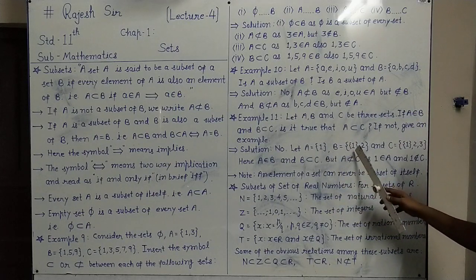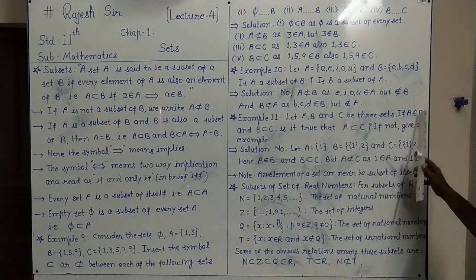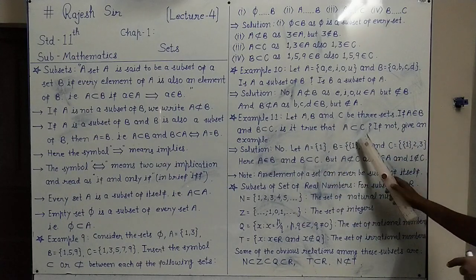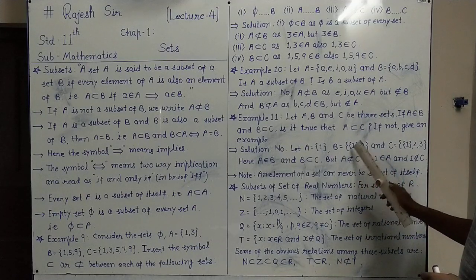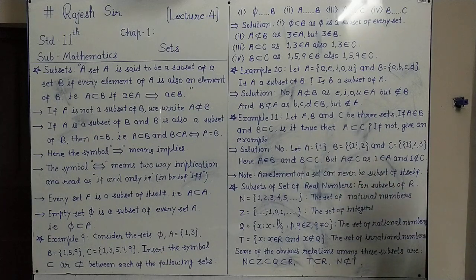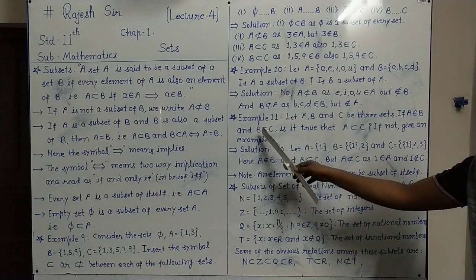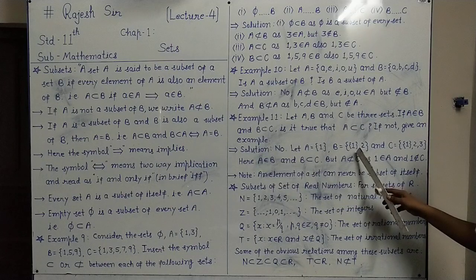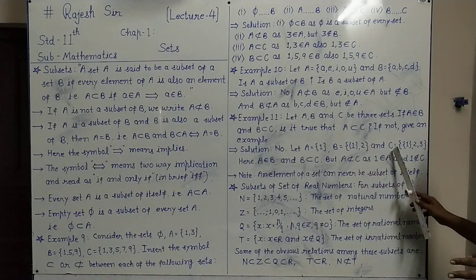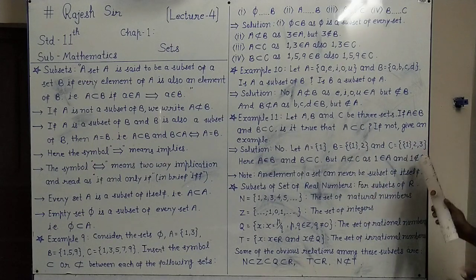So in b we have taken this set 1 as an element of b. So this way we have to take, because a belongs to b, we have to show. In set 1 and 2, these are the elements of b. So a belongs to b we can say. And as b is a subset of c, every element of b must be in c. In b, the set 1 and 2 both are elements, so that is in c also. Set 1, 2 and 1 more, 3 we have taken. So b subset c, we can show it.